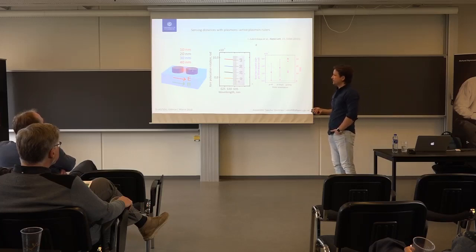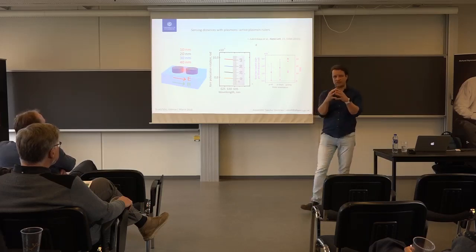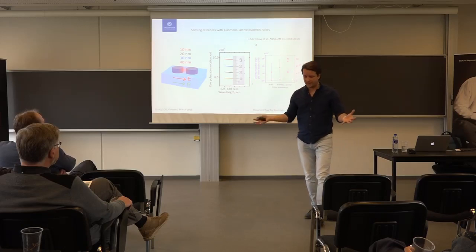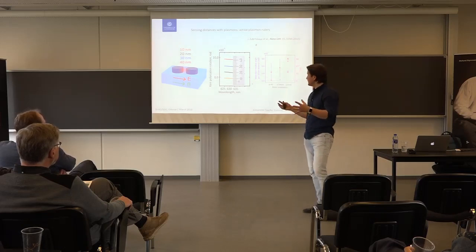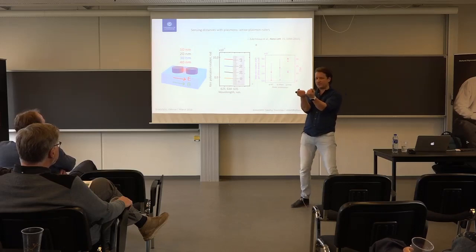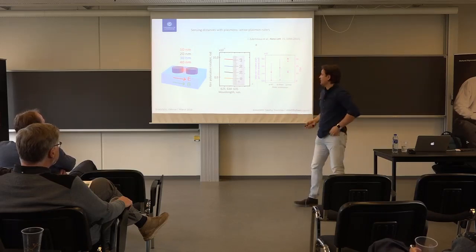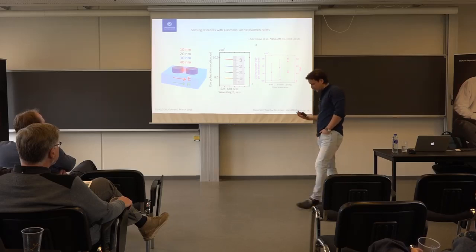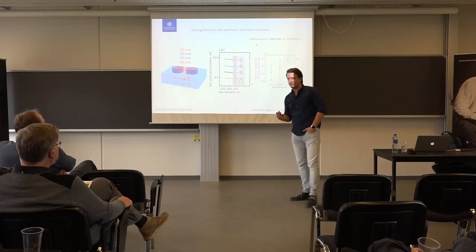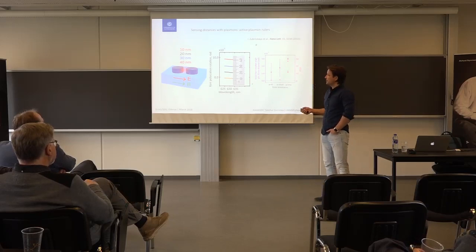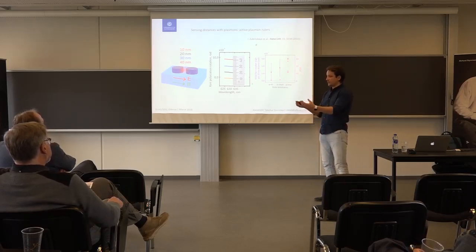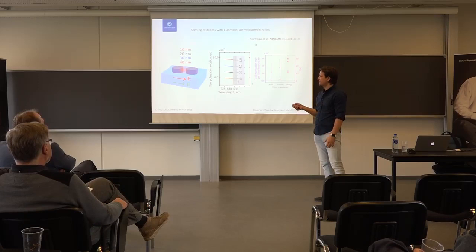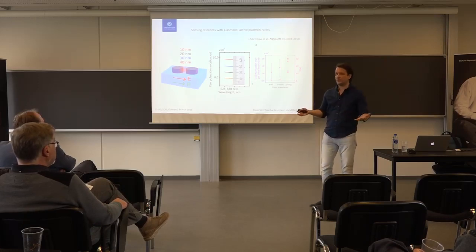The funny part is that you can actually sense the distance between these two particles in a dimer, just as a single antenna would sense the change in the dielectric environment of that antenna. When you have two antennas, they would sense each other. And the distance between them is important information that you would like to track, for example, in systems where you actually want to measure distances at this scale, 10 nanometers, 20 nanometers.